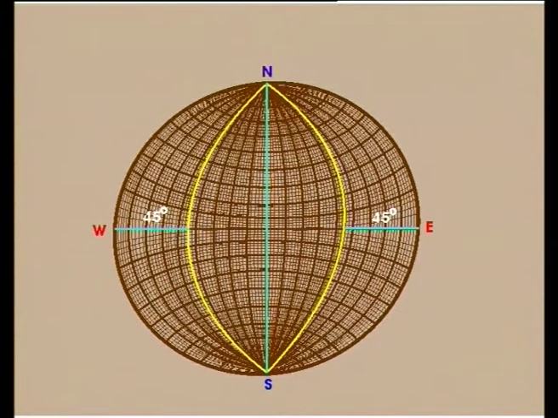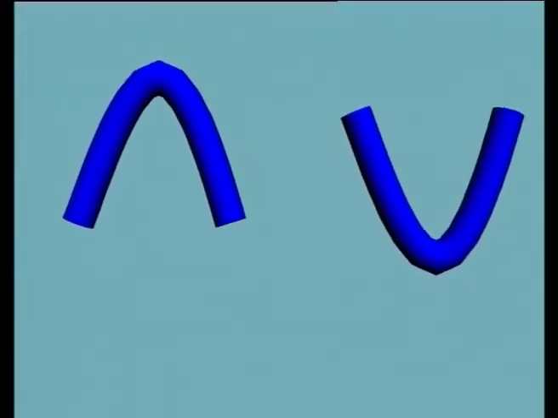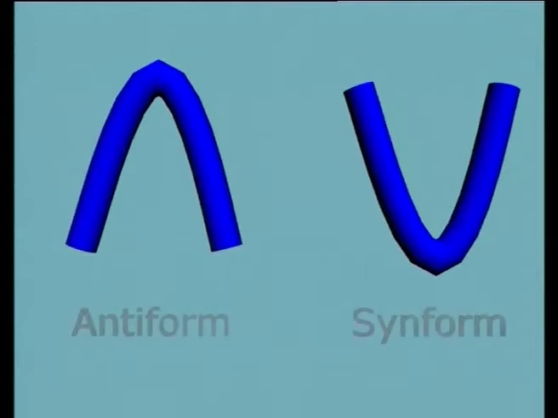A plane striking north-south and dipping 45° towards east, and another plane striking north-south and dipping 45° to the west, may define an antiform or a synform or an eastward closing neutral fold or a westward closing neutral